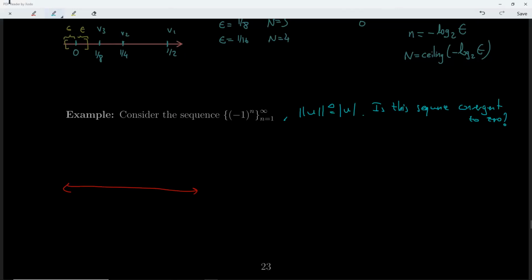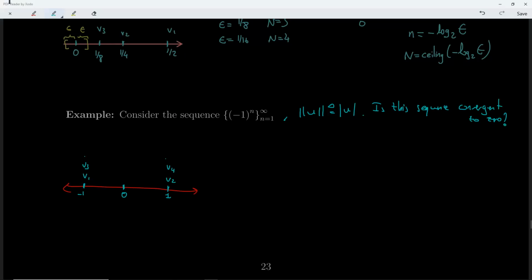Okay, so let's start by plotting the limiting value, 0 over there, and also placing the elements of the sequence on the real axis. When n is equal to 1, v1 is equal to minus 1. So this is minus 1, and that is v1. And when n is equal to 2, v2 is equal to plus 1, and this is v2. And v3 will be at minus 1, so v3 will be here, v4 will be there, etc. It will be something like that.